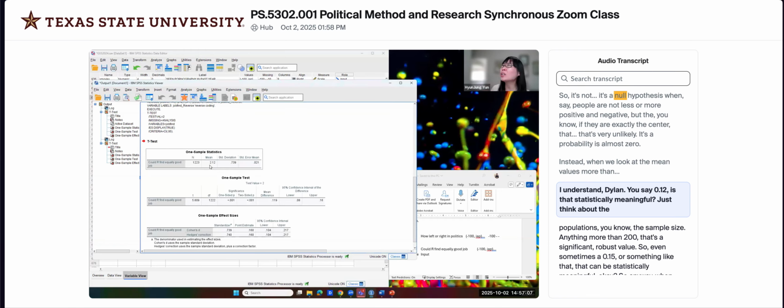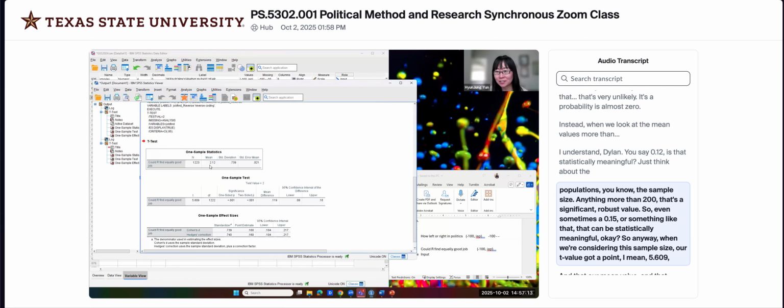I understand, Dylan. You say 0.12, is that statistically meaningful? Just think about the populations, the sample size. Anything more than 200, that's a significant, robust value. So even sometimes a 0.15 or something like that, that can be statistically meaningful. Okay. So anyway, when we consider this sample size,